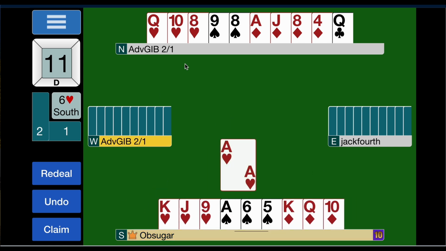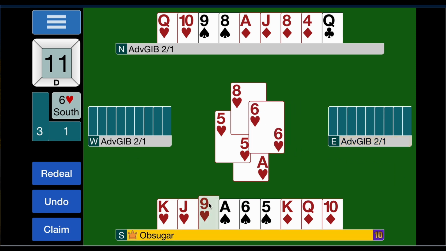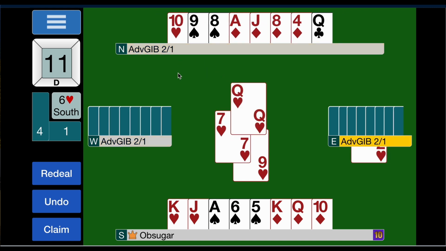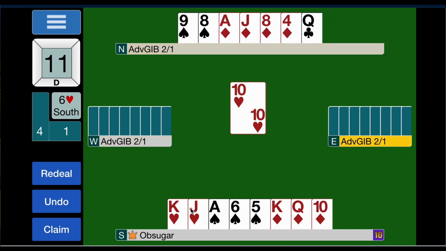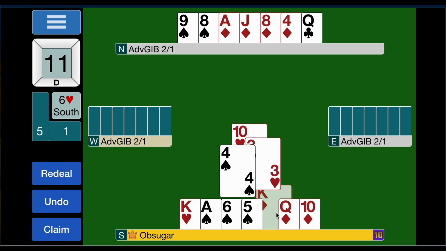Now, if we can pull trump, let's get Jack fourth out of there. He did his business. We'll put the dummy back in. And we'll just cross right now. Yeah, we're good to go. Oh, sorry, could have crossed this way. So now,